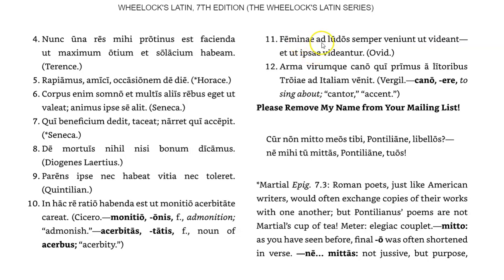So women always come to the games. So semper, he's talking about like the Circus Maximus or gladiatorial games, so that they may see. Now this is somewhat brilliant because Ovid as a poet is sort of playing upon that it's not reality or veniunt that most people live their lives, but a kind of wish fulfillment, a kind of fantasy land, a kind of counterfactual world. And so the contrast between the veniunt and the ut spectent is somewhat clever by Ovid,